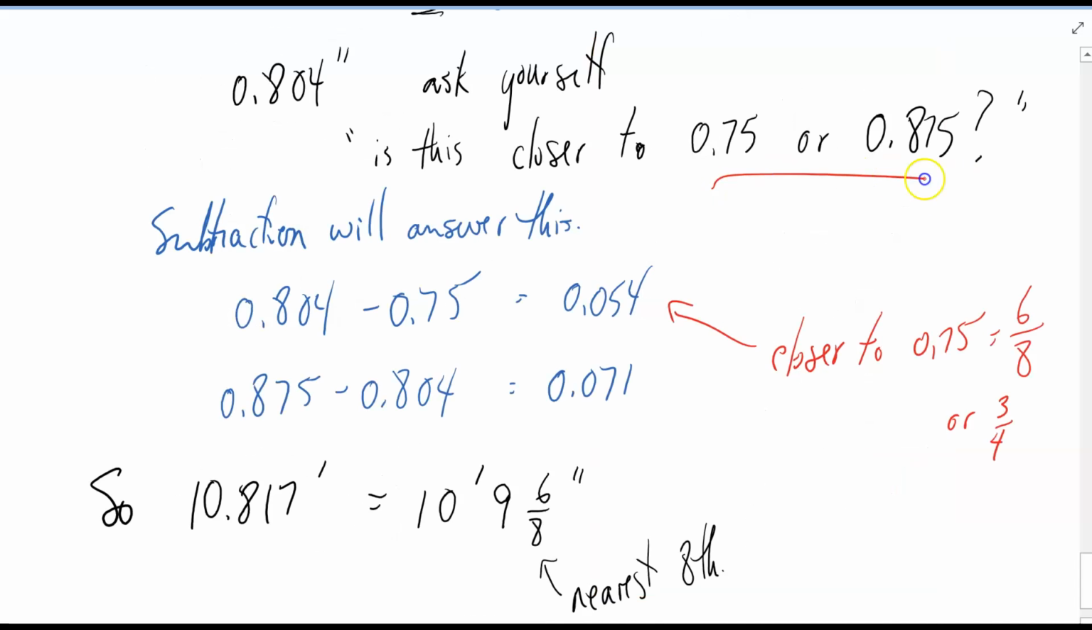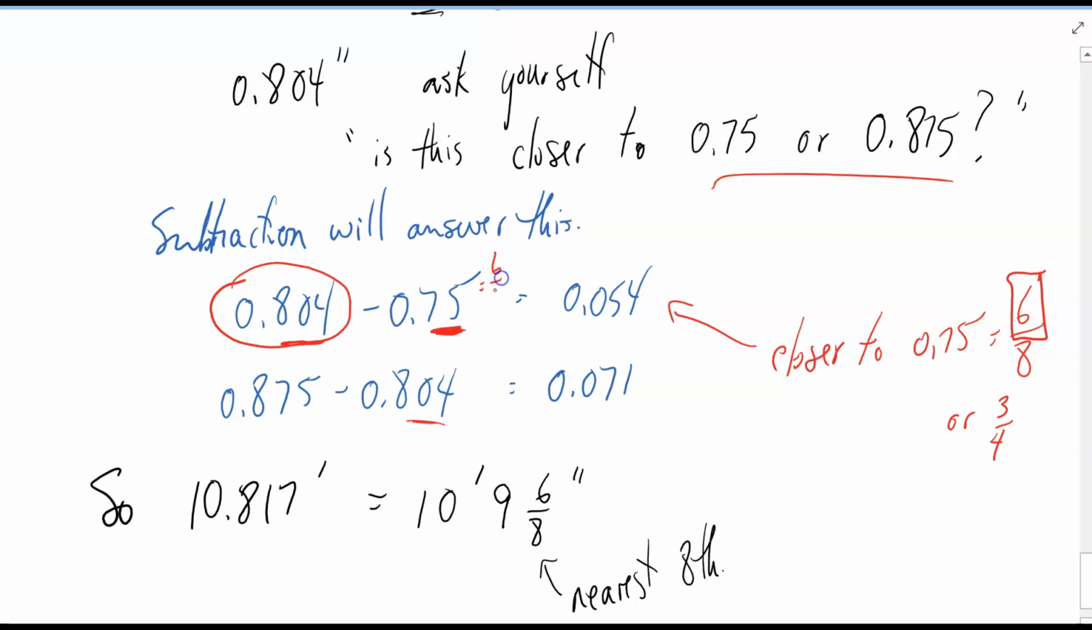And when we ask ourselves that, subtraction can answer this. So just find the difference. So I did the number that I'm trying to convert, I subtract the lower one, and we get a difference of 0.054. Then I take the higher one, subtract my 0.804 from it, and get a difference of 0.071. So our value of 0.804, the nearest eighth of an inch, is 6/8 of an inch, because this value is